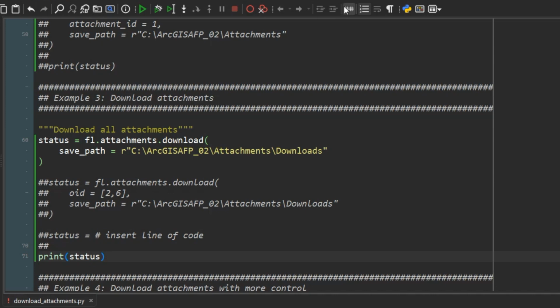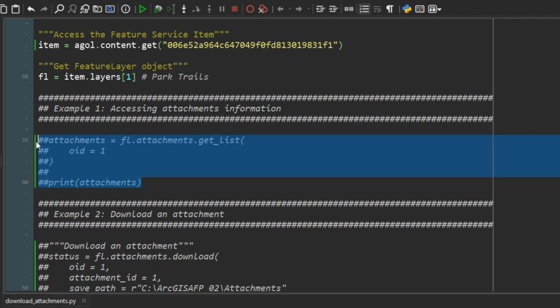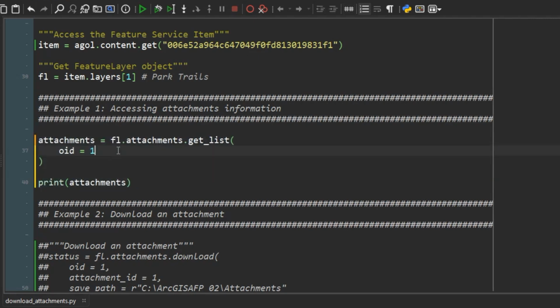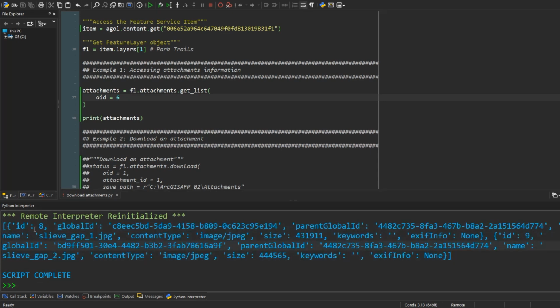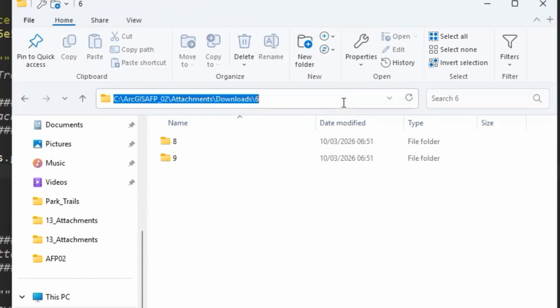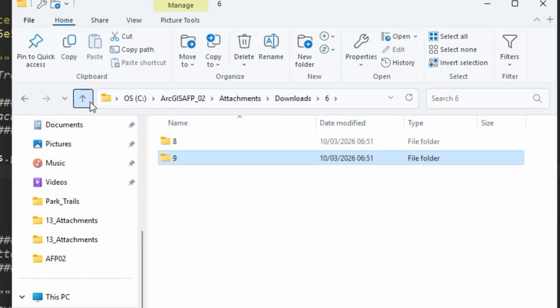Now, if I just comment out our example there that we ran and go back up and open up where we access the attachment information, I'm going to put in ID of 6 and click run. And we can see that our object ID of 6 in our Park Trails feature layer has 2 attachments where the attachment ID is 8 and 9, as we see in our downloaded folders. For OID 6, we have a folder of attachment ID 8 and 9, and we can see that our attachments